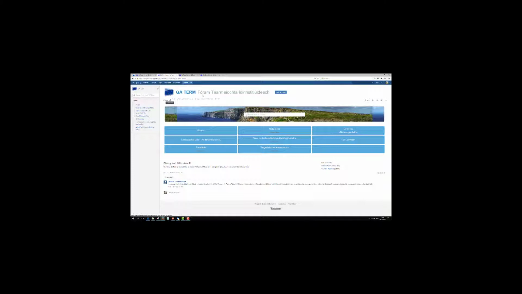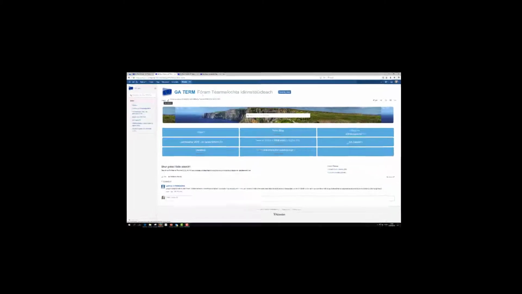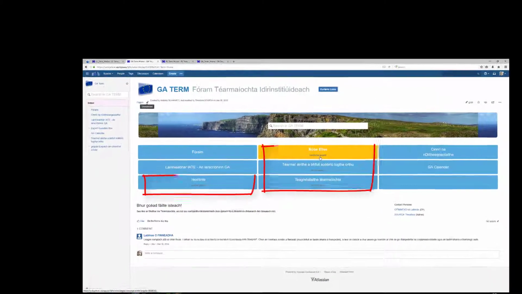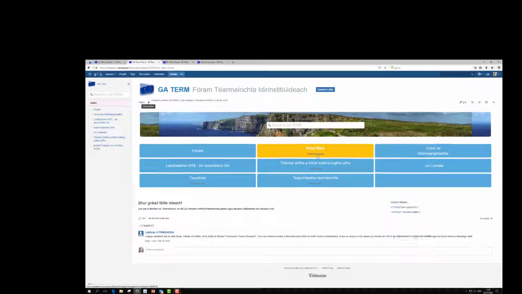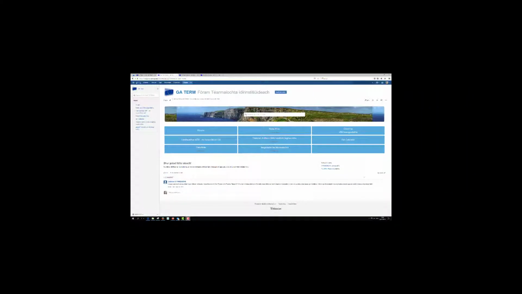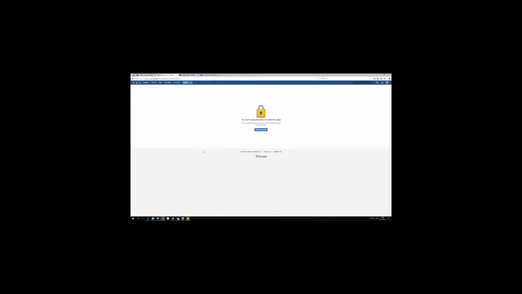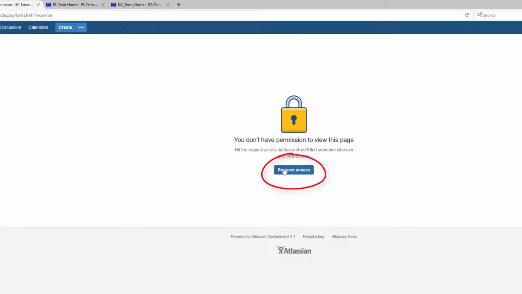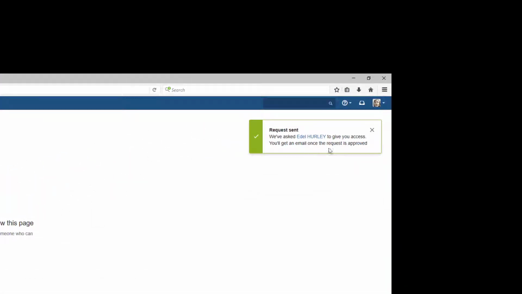I've now gone to the Irish language wiki to show you a good example of how to show the user if a page has been restricted. They have decided to write it directly on the start page itself, so that you don't have to click first and be met by this screen. If you want access to a page where you have no permission to view, you can click on Request Access and a notification will arrive to the Irish Wiki Manager. You even get the information of the name, and you will be notified by email.